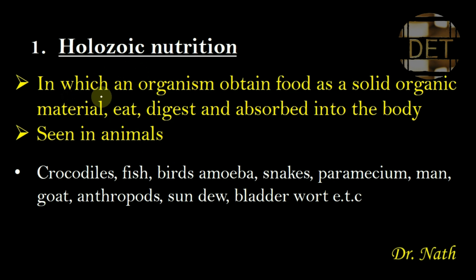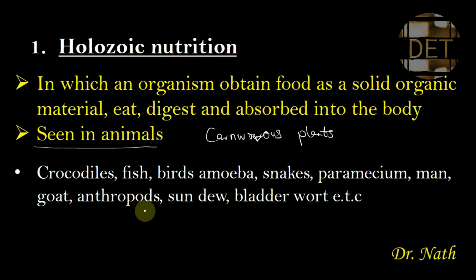So holozoic nutrition is a type of heterotrophic nutrition in which an organism obtains food as solid organic material, eats, digests, and absorbs it into the body. And like I said, it is seen mostly in animals, but it can also be seen in some plants referred to as the carnivorous plant. So examples of organisms that exhibit or carry out holozoic nutrition are the crocodiles, fish, birds, amoeba, snake, paramecium,